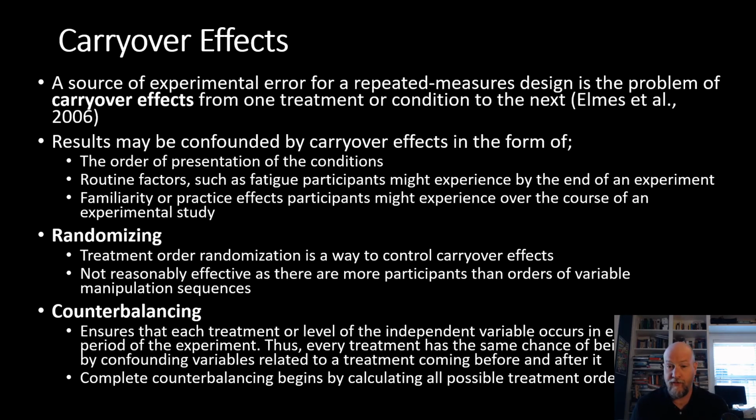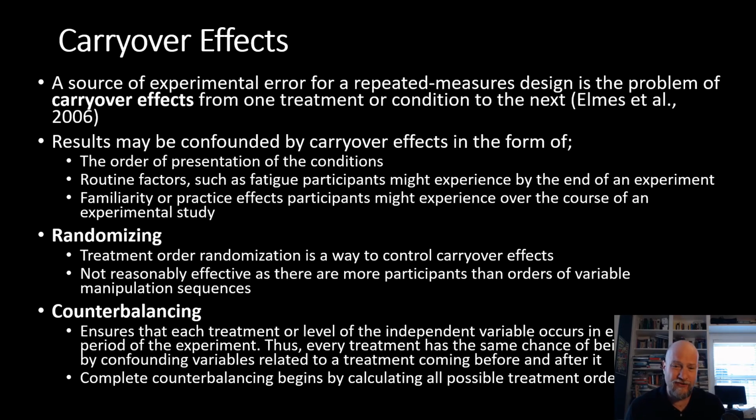There are a few ways to control for this. If you think there's an order effect, you can just randomize the order. So you can randomize the order in which the levels are presented if that's possible. It's not always possible based upon what you're studying. But if possible, this person comes in, they receive treatment B, then treatment A, then control. The next person comes in, they receive treatment A, treatment B, then control. The third person comes in, they receive control, treatment B, treatment A. Every possible combination thereof can be randomly presented. The problem then is that